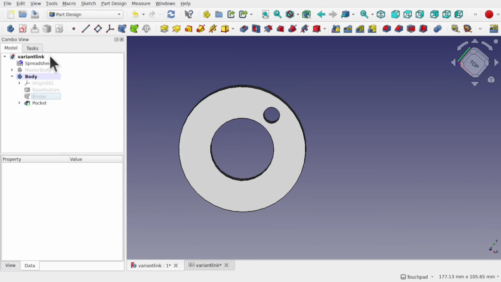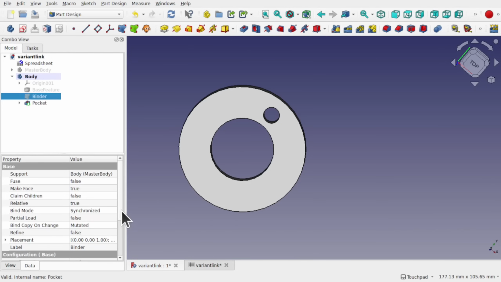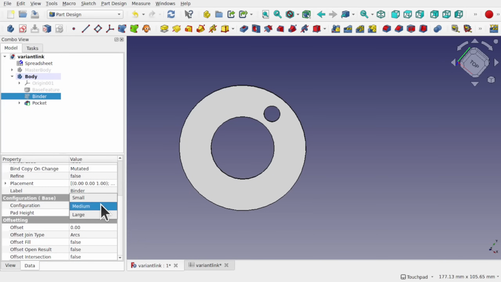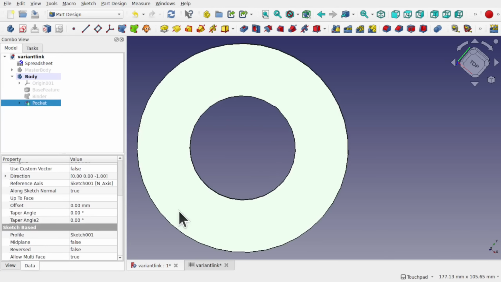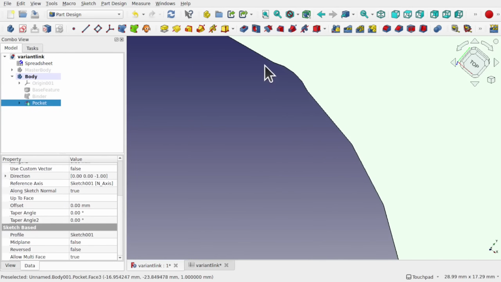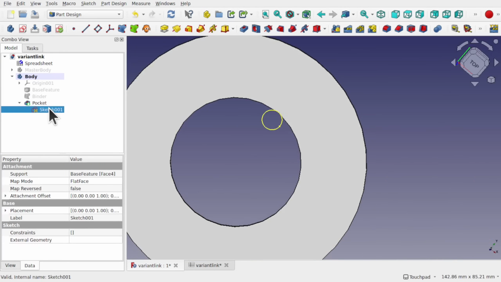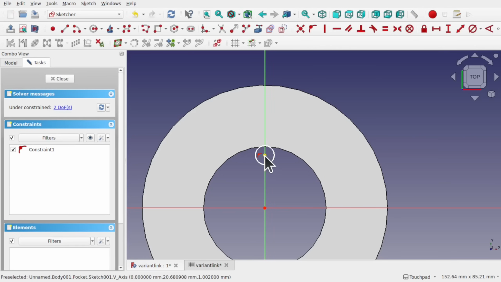But the minute I come into the binder again, and decide, well, I don't want the pad height to be high, I want it low, we should be fine with that. And we want it large this time. Well, you can see right there is where the sketch sits because it's traveled. So we must make sure that that sketch is at the correct position by importing some of this geometry. Let's import these two. So the two circles,